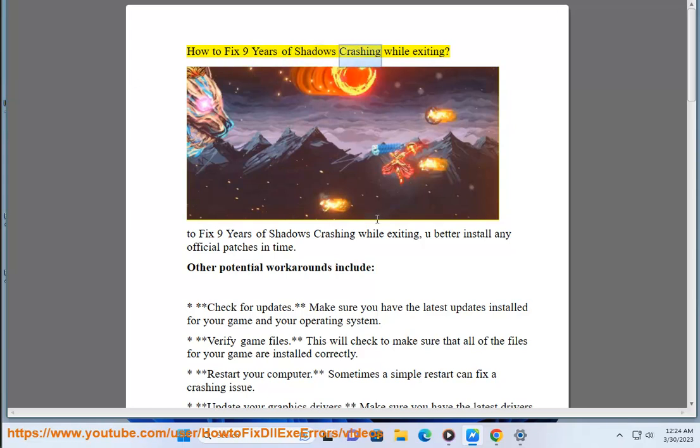How to fix 9 years of shadows crashing while exiting. To fix 9 years of shadows crashing while exiting, you better install any official patches in time. Other potential workarounds include: